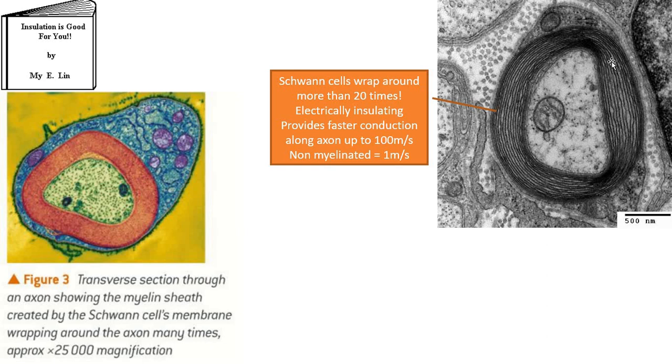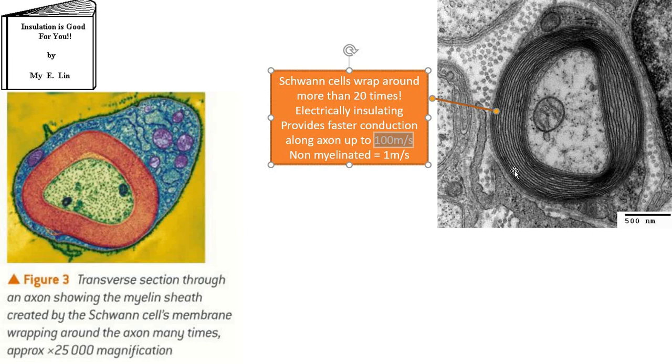Now the Schwann cells, we can look at those in more detail in a second, they wrap around more than 20 times, and there's another cell similar to neuron cells that will help with this. And they provide an electrically insulating layer, so they're going to stop electrical activity moving too far away, and we'll come to the action potentials later on. And that will go at about 100 meters per second, and we will do practicals around this, and